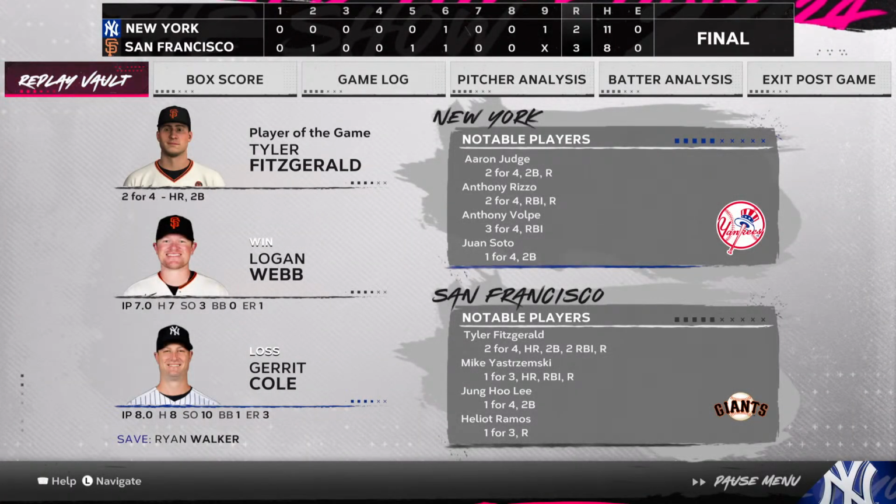First for the victorious Giants. 3 runs on 8